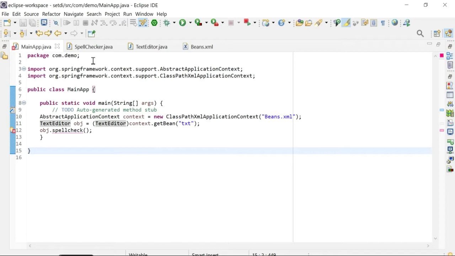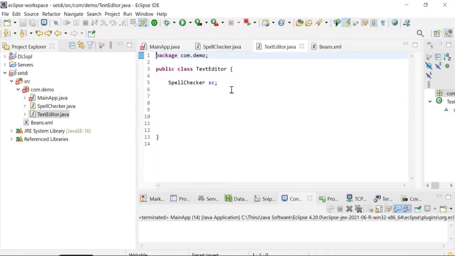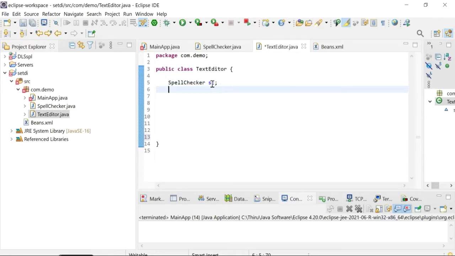Now the only thing we have to do is code the text editor class. Here you can see the text editor class. Now I'm going to create the setter and getter method for the spell checker reference variable sc.